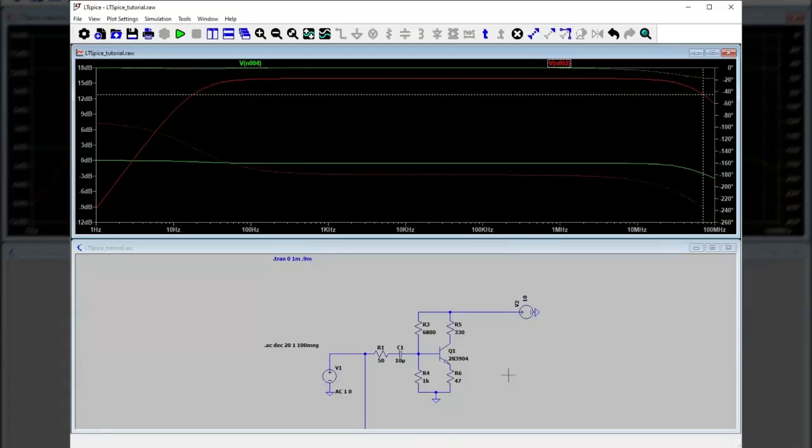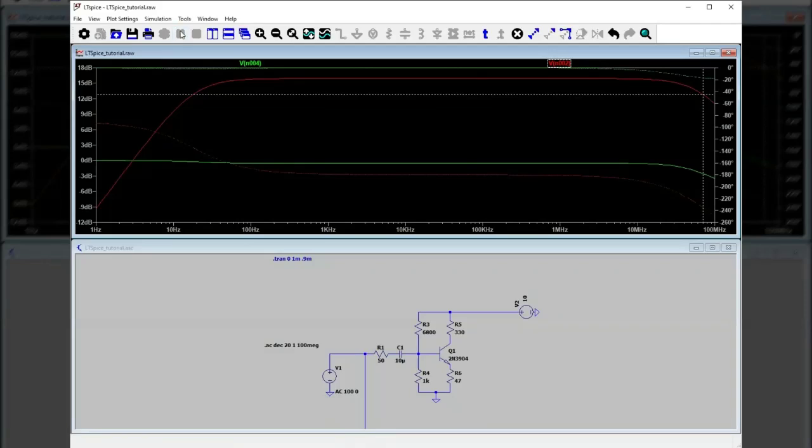I want to say something about this: it is based on the small signal model. But LTspice does not check to see that your input is truly small signal. So I could, if I wanted to, come over here and select, instead of AC amplitude of 1, 0, an AC amplitude of 100, 0. So now I've got a 100 volt source here, which is ridiculous. And if I rerun the simulation,